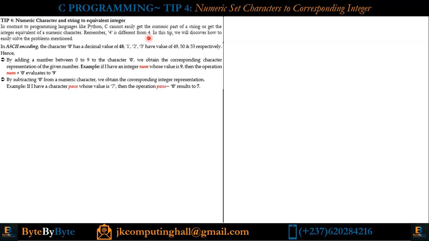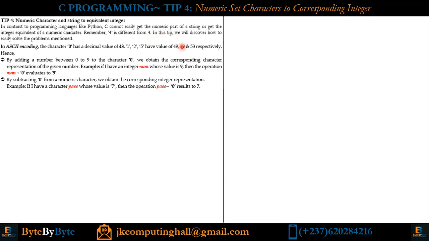Now, in ASCII encoding, the character '0', in quotes, has a decimal value 48. '1', '2', '5' have values 49, 50, 53 respectively. Remember, when we were looking at the different methods that we have in the string library, we saw that the ASCII values are proportional. That is, as you are moving, they are increasing by 1. So that is why '0' is 48, '1' is 49, '2' is 50, '3' is 51, '4' is 52, and